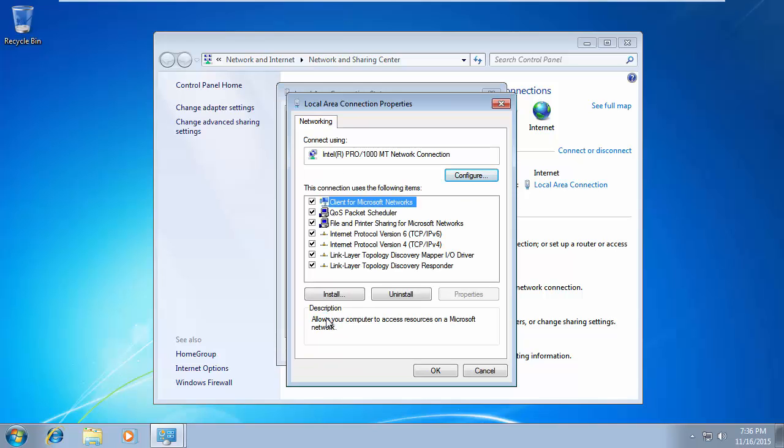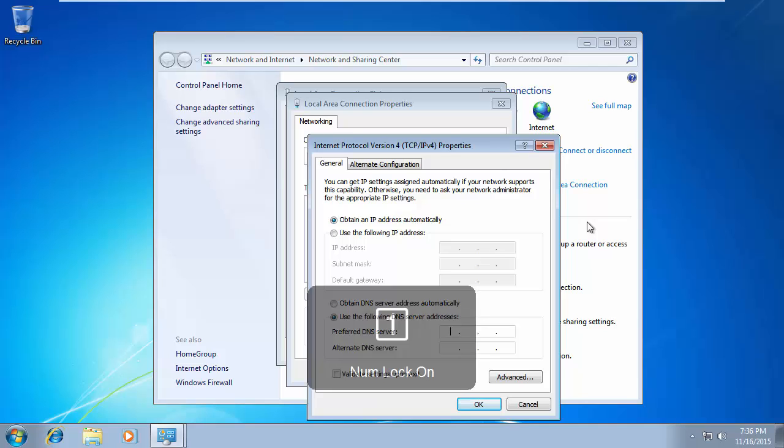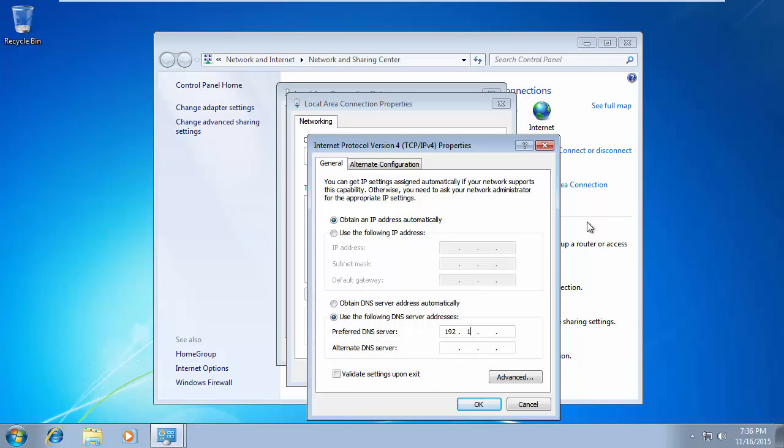And then I click again on properties. I click on TCP/IP version 4, and I go ahead and click on properties of TCP/IP version 4. I keep the IP address done automatically. It's just I change the DNS to a static DNS, which is